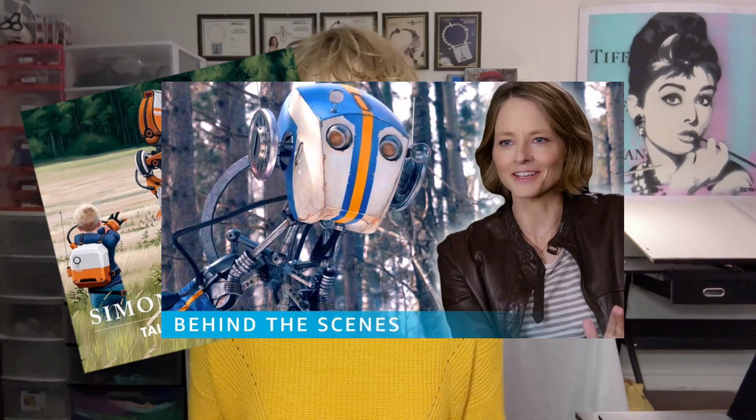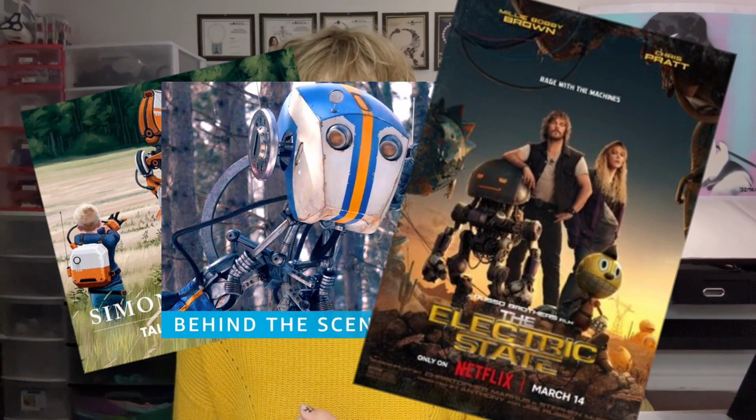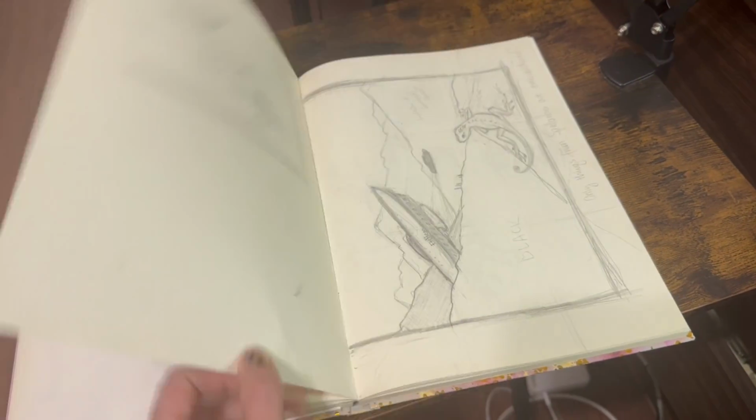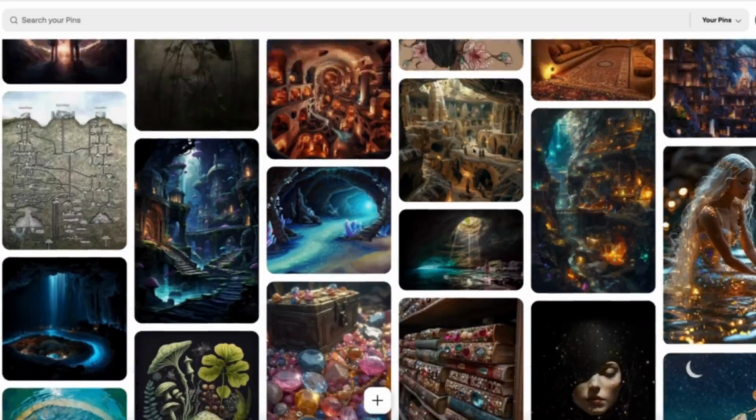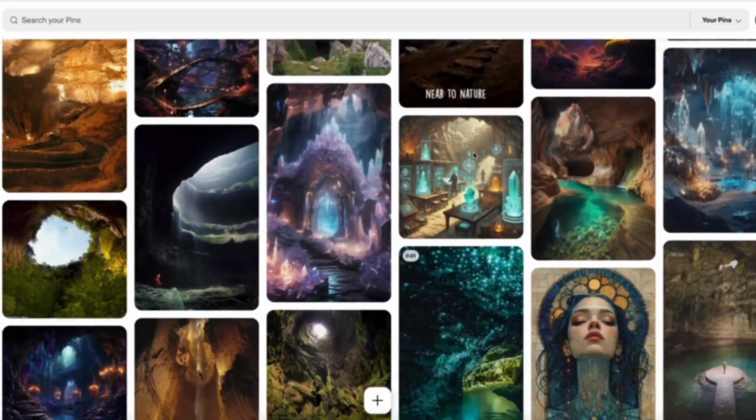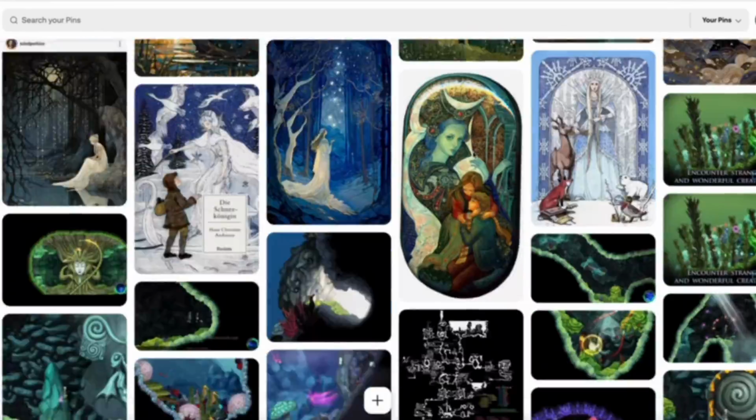For example, Simon Stalenhag, who turned his digital art he was posting on Instagram into books, a game, a TV show, and even a Hollywood movie. Now, once I decided that I wanted to move forward with world building, I got to work. I have pages of sketchbook and diary filled with notes and ideas. I talked to AI to organize those thoughts. I created mood boards on Pinterest, and of course, bounced ideas off of my husband and my closest friends,